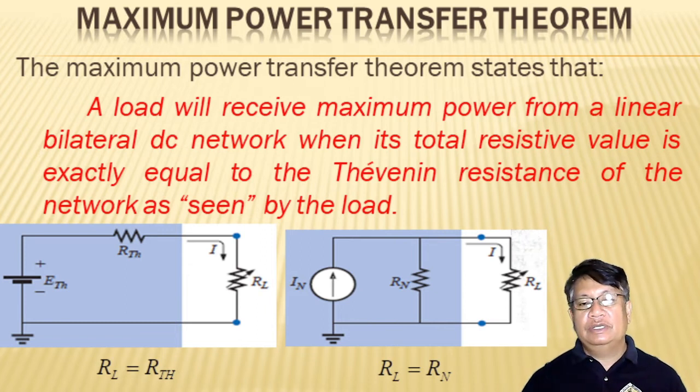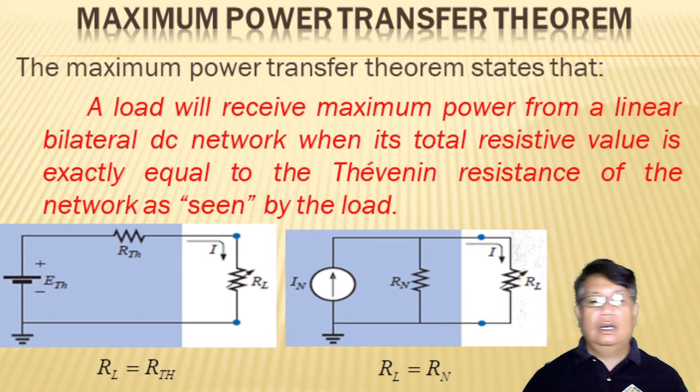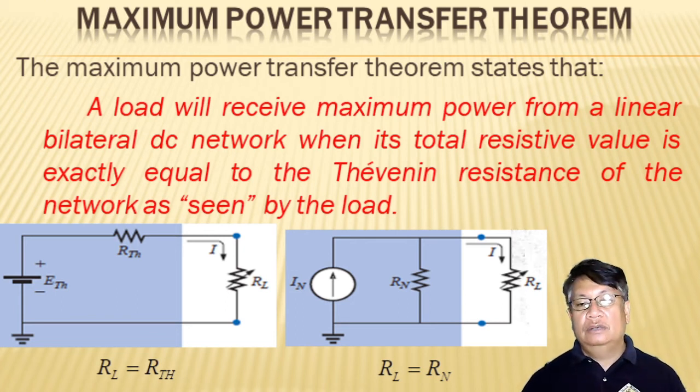So the internal resistance is equivalent to the looking-back resistance, as seen from the load side. For example, in this circuit here, we have the Thevenin voltage and the Thevenin resistance, the looking-back resistance, and it is in series with our R sub L here. As you can see, your R sub L here is variable